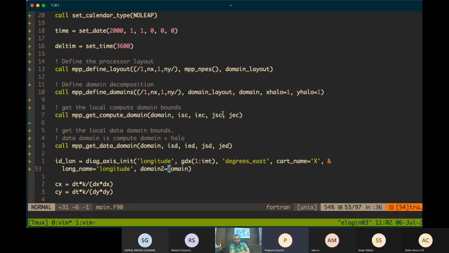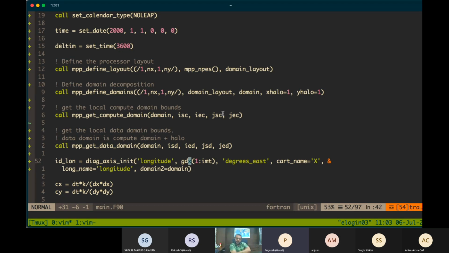You have to give this domain information because the whole data is not there in any single processor. The whole data is distributed.